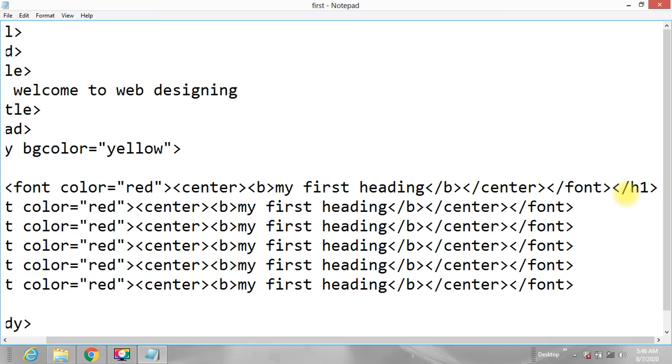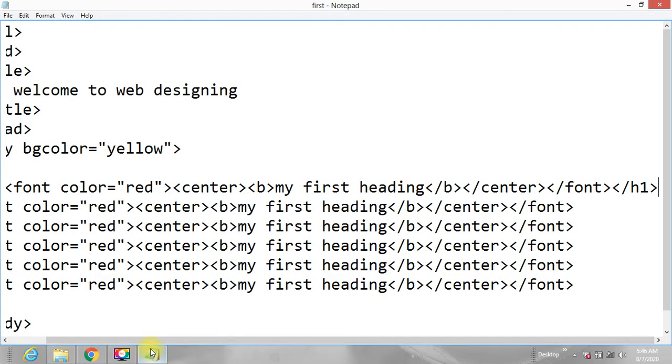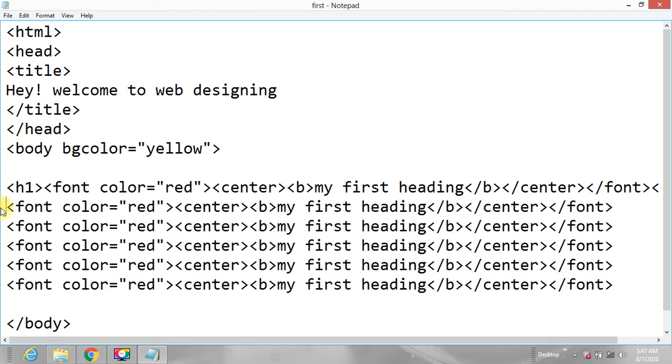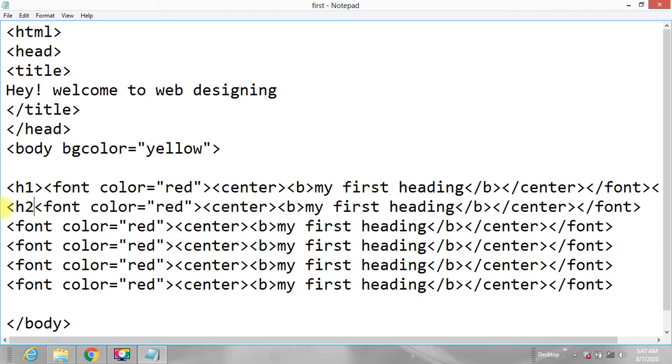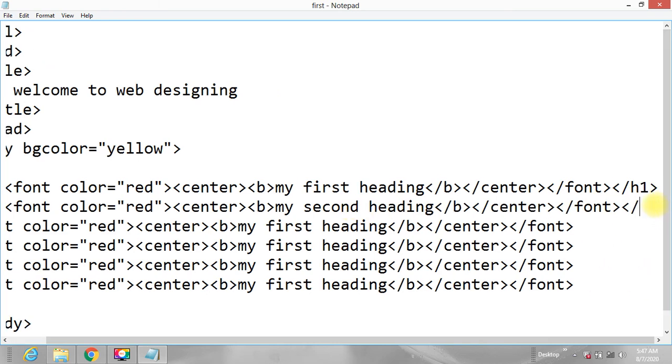Okay, now Control plus S. Now see the changes whatever we have done. Reload this page. See, my first heading font is greater because we have used H1 here. Okay, now see the difference for the next. Now here I am writing H2 for the next heading. Heading 2's font size decreases compared to the first heading, and increases compared to the third. So I am writing, this is my second heading. You have to close it at the end with H2.